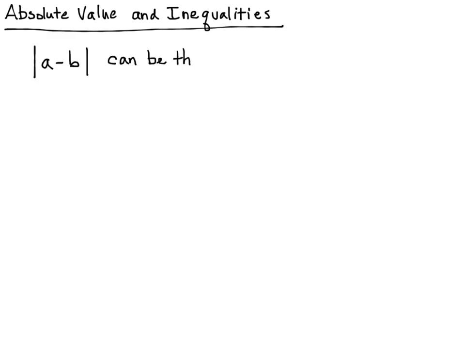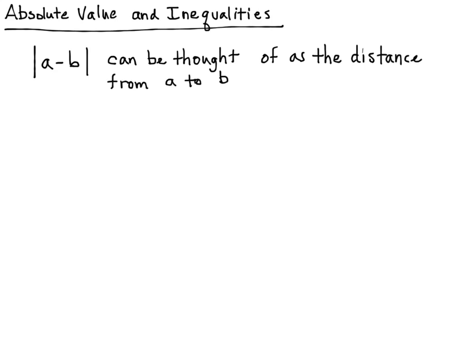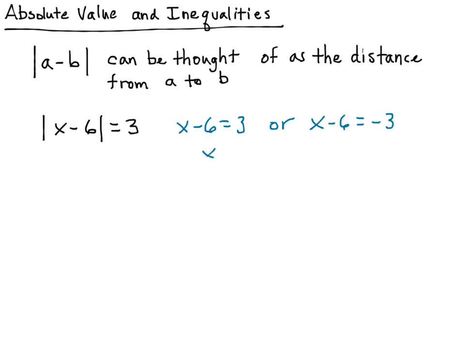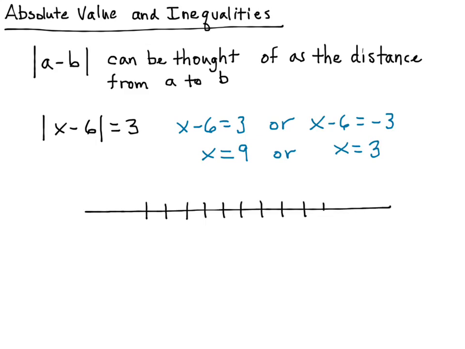So let's look at absolute values and inequalities. And I want to talk about this again in the context of having absolute values as the distance between two numbers. And so when we set up an absolute value equation, we have two solutions. If x minus 6 equals 3, x equals 9, or x equals 3. And so if we put that on the number line and graph it,